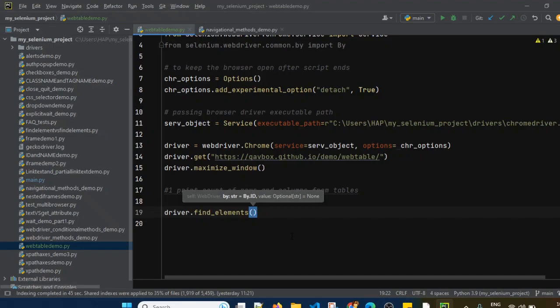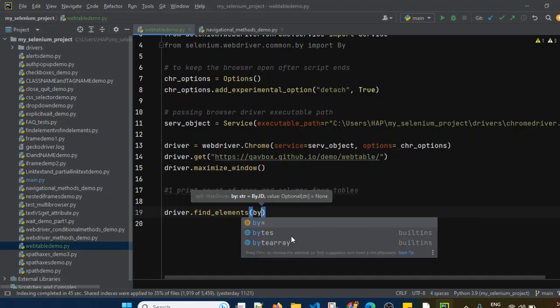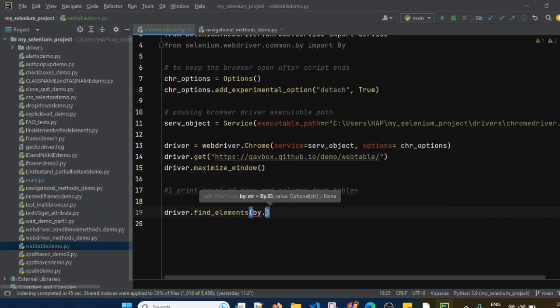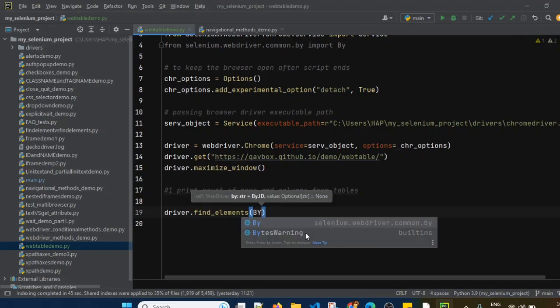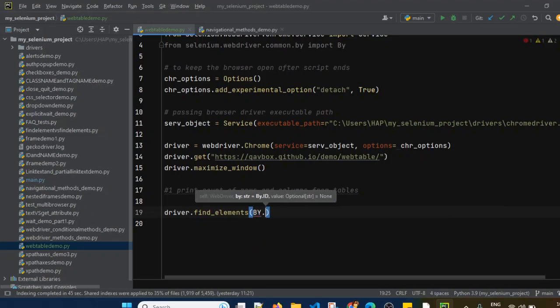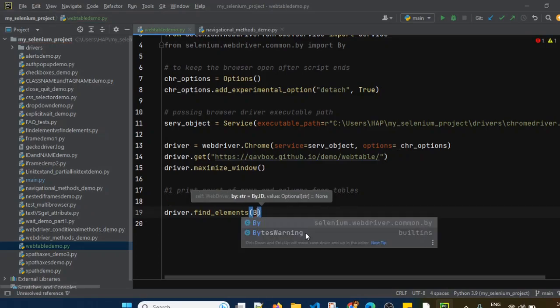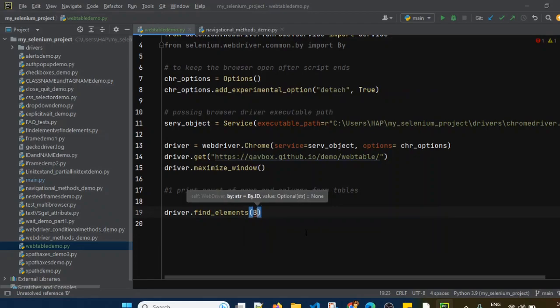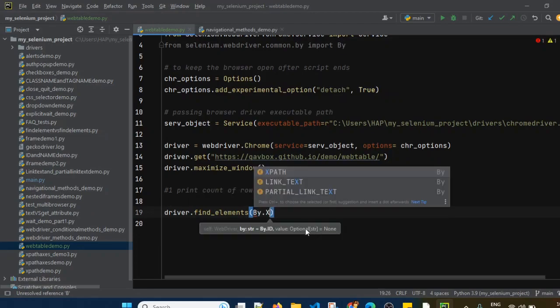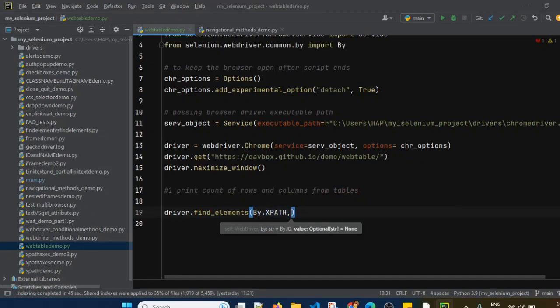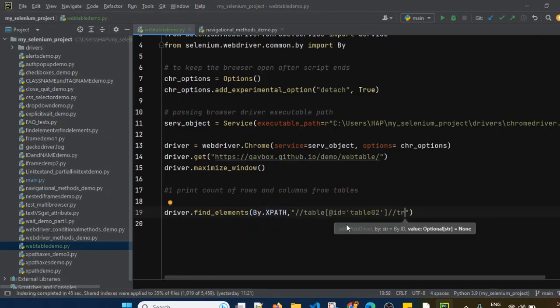So we are using driver.find_elements with By.XPath, and in double quotes we are putting that XPath. So it is basically returning multiple rows, right? So I will just use rows.